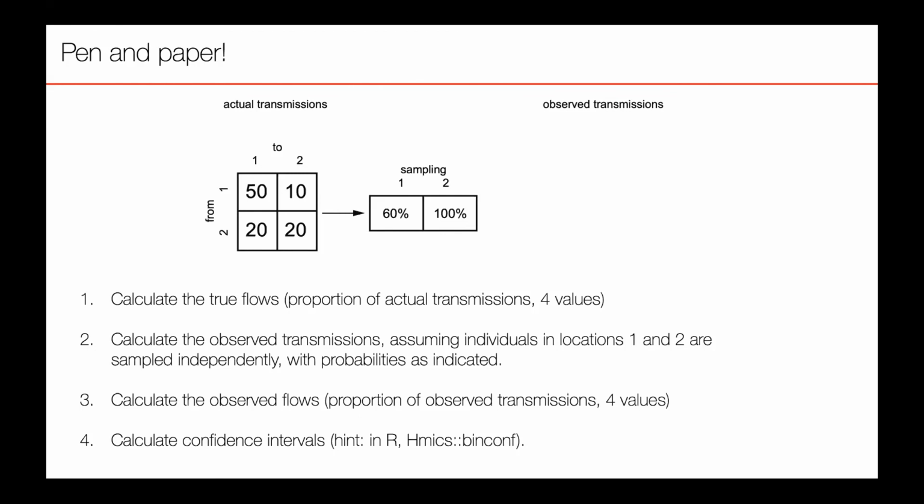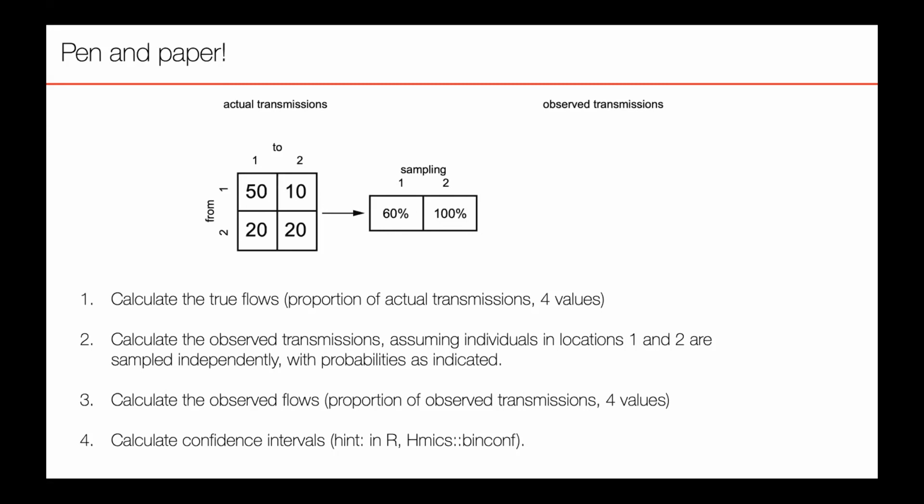So if we had this 2x2 matrix, then the bottom right-hand value of the observed transmissions will be 20. And similarly, we can use the same idea to fill out the other numbers. So we should observe 100% of transmissions in 2, but from 2 to 1, since we only observe 60% of those,